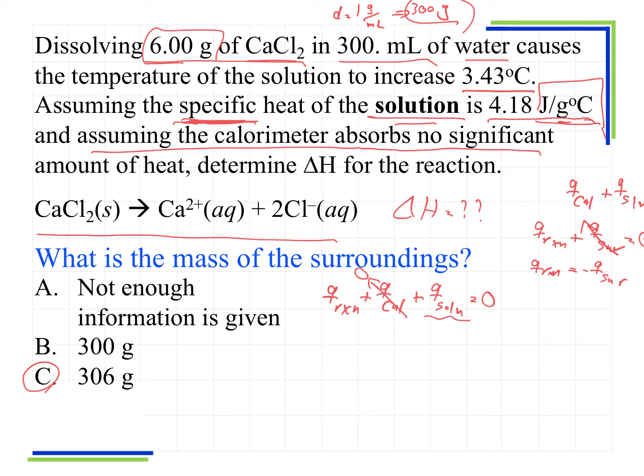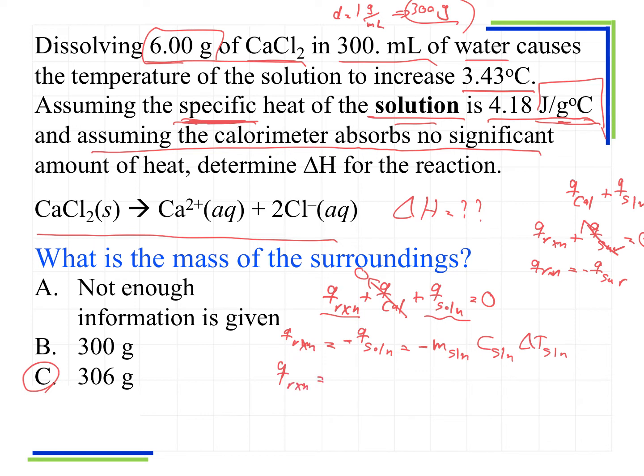So we have the Q of the solution to find the Q of the reaction. So Q of the reaction is equal to negative sign of Q of the solution, okay? So it's negative m of the solution, I just write SLN, c of the solution, and delta T of the solution, right? Q of the reaction